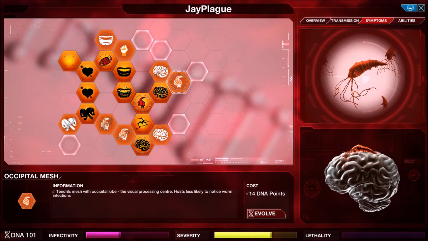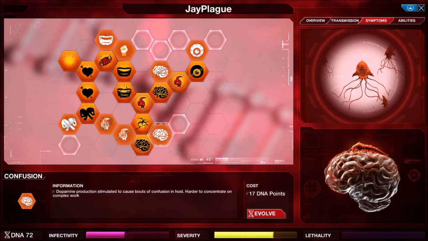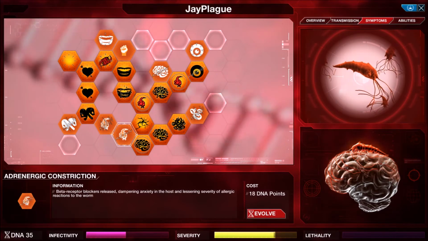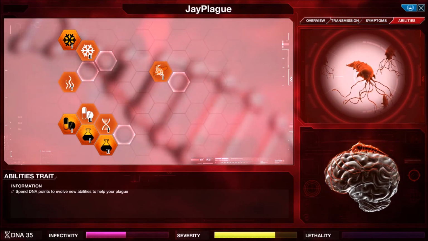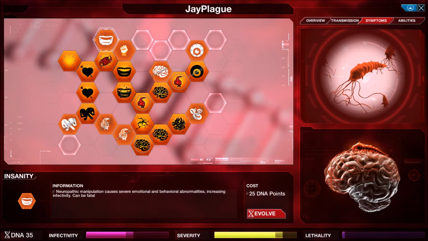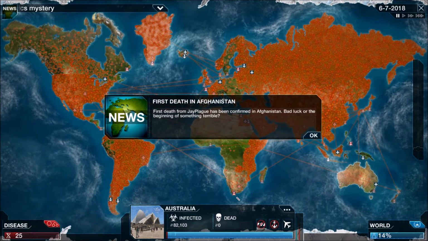So we can get, okay, there we go. Not everything here will increase lethality. That increases lethality. We can find things that will not increase the lethality. Will this? That will. These don't. And then, is there anything with the abilities or transmission? Well, our infectivity is up pretty high already. I want to try and win without killing anyone if we can. That's what's kind of fun about this, is you actually don't have to kill the world, you just have to...